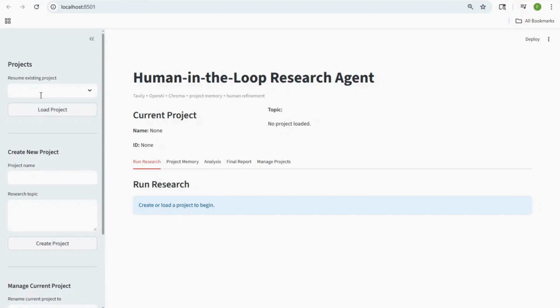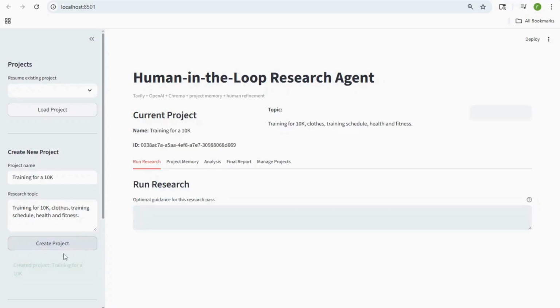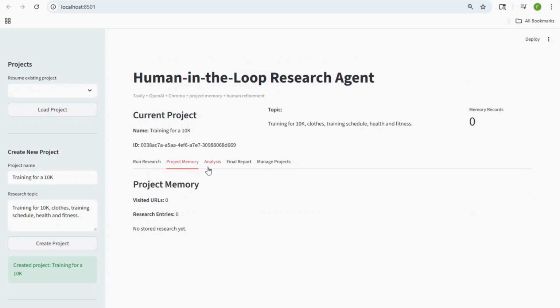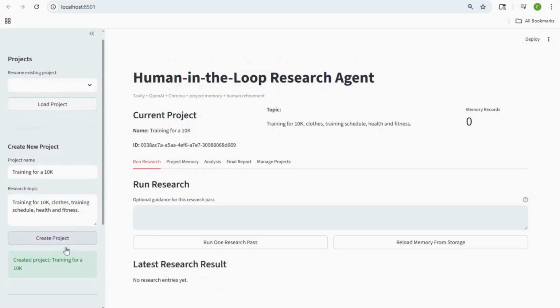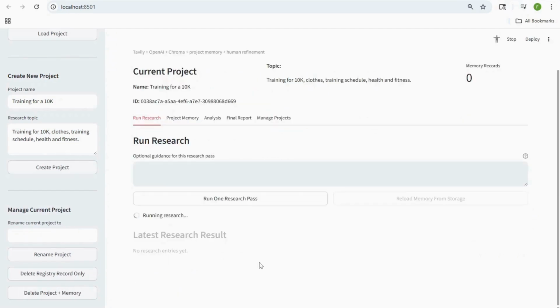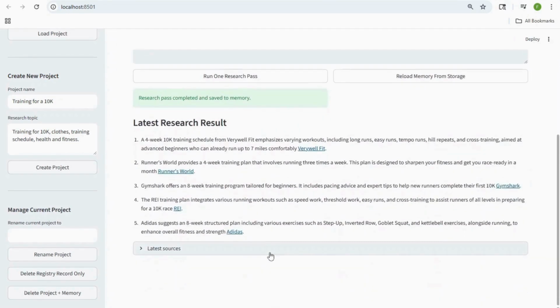Here is a demo of the AI research agent that I built to explore how agents can retrieve information, reason through a workflow, and store research knowledge over time. The agent combines a system that has Streamlit for the interface, Tavily for web research, LangGraph for state-based agent orchestration, OpenAI API for reasoning, and ChromaDB for vector memory.